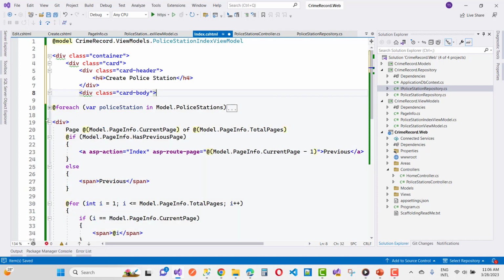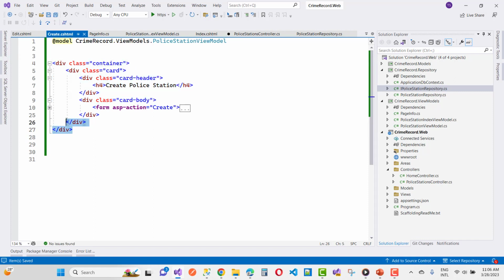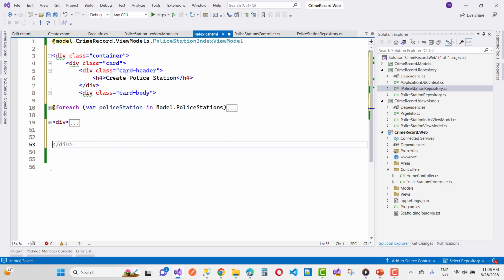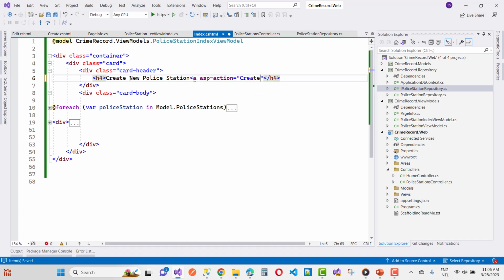But first of all, just after this close, the 3 divisions, that is the 3 divisions. Okay, so in the index.cshtml file, create new police station, here we have to add an ASP action, that is create. So here we have an ASP action create, and just I'm going to add